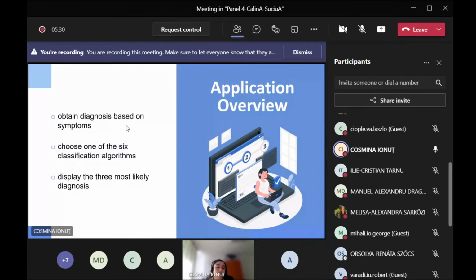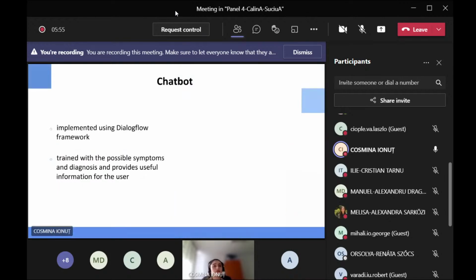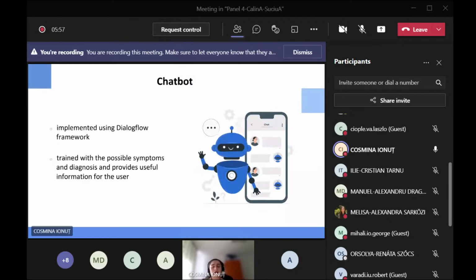In order to showcase how the diagnosis classification could be integrated into a medical platform, a web application was developed. The application allows the user to get a diagnosis based on the symptoms, and he also has the possibility to choose one of the 6 algorithms to be used for the classification in order to receive the 3 most likely diagnoses. To illustrate that the diagnosis can be provided by doctors online,